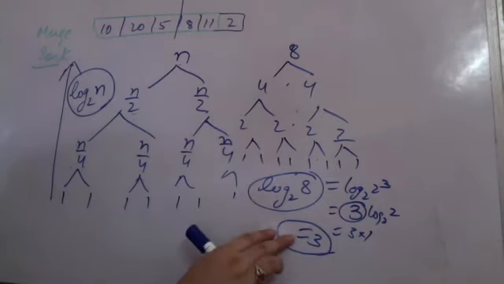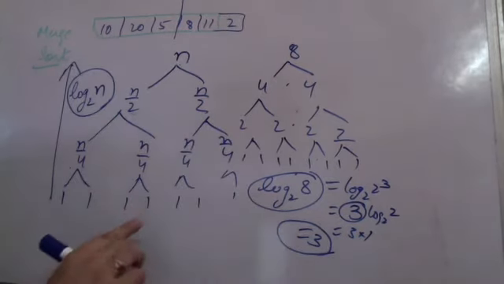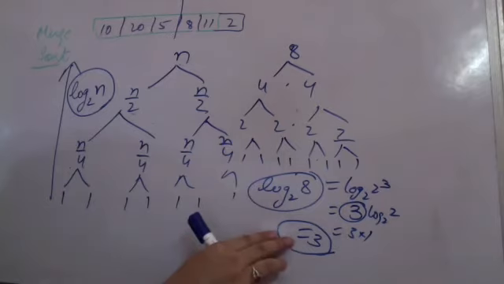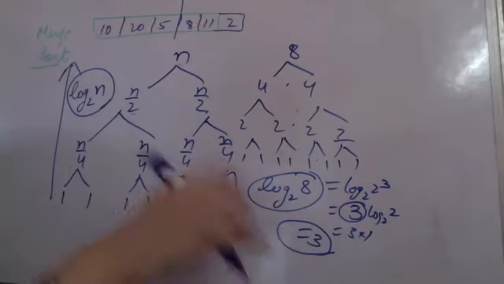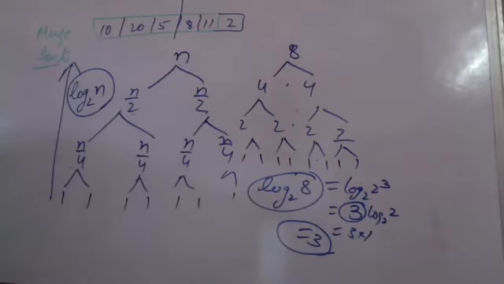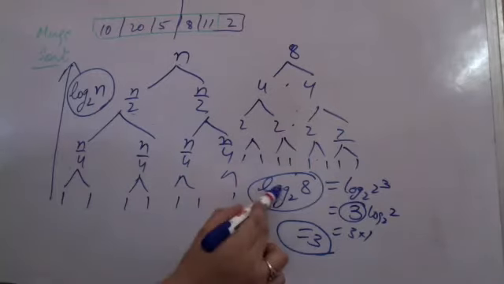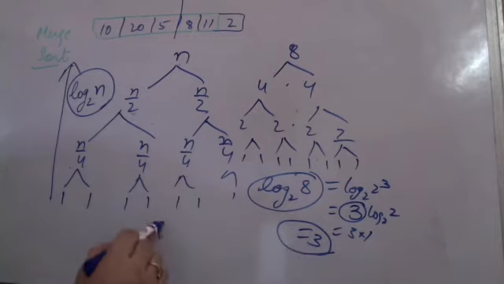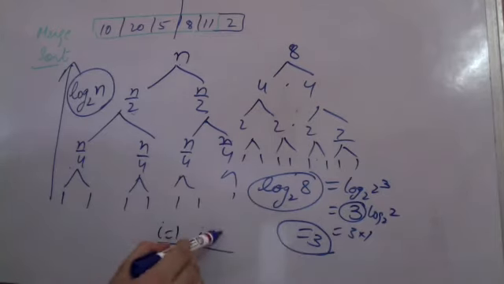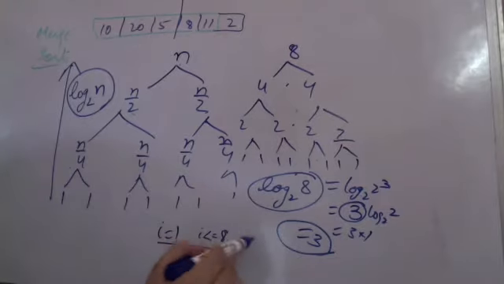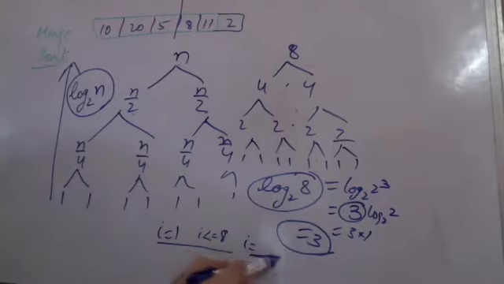Three times. So I have to run the division loop 3 times. So how many times do I have to change the iterator? Now you have to understand, I will not be calculating with log. If i is equal to 1, by what should I change it, given that I say i is less than or equal to 8? So how will we change i?